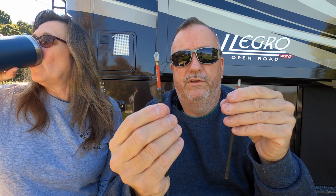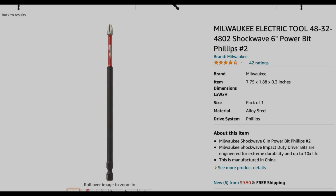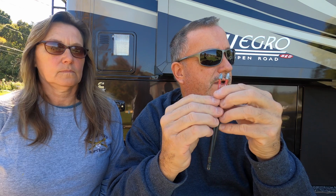Just about. I don't care what I'm doing. For the most part, the cordless drill is the first thing I grab, and these are the second thing I grab. One's a Phillips bit, and one's a number 2. And you can pretty much take apart anything inside the motorhome with these 2 bits. I also follow that up with...